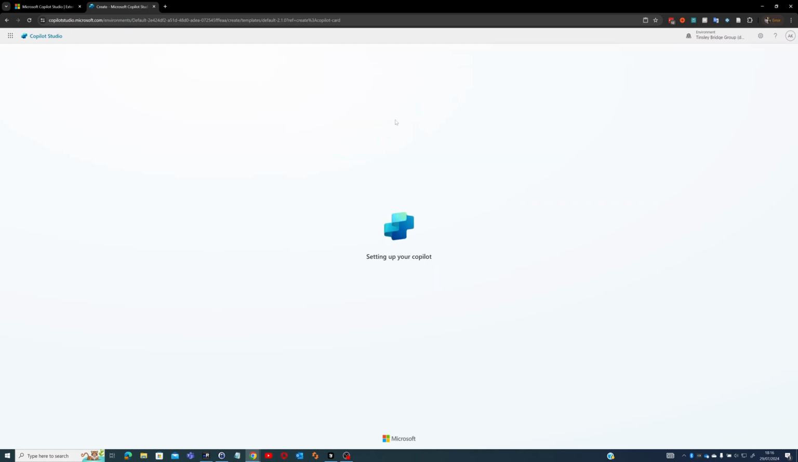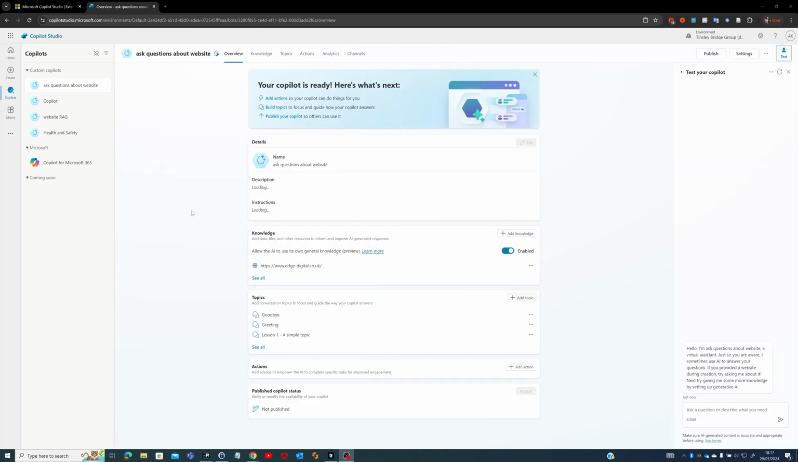This is just going through a little wizard to create the Copilot that we just created. So this is just an agent that's going to scan the website, so you can ask questions about the website. I'm going to pause it while this runs through. Right, so that's run through. It only took a few seconds. Sometimes it can take a bit more. It's quite slow,